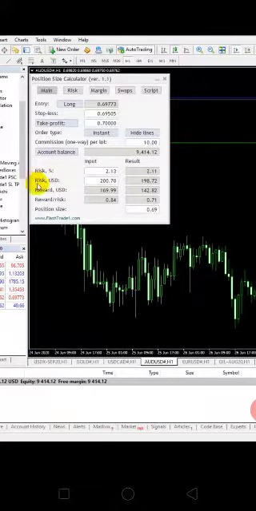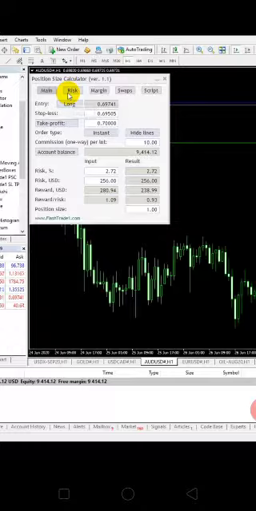Now with changing the risk, your lot size will change accordingly. Check here, with 2% risk and $200 loss, you can place the trade with 0.7. Now I want to place the trade with one lot. Let me put here one lot. See, my risk changed to 3% and my risk in USD changed to $250. So you can either set the lot size based on the risk, or you can set the risk and get your lot size. You can use it in either way.